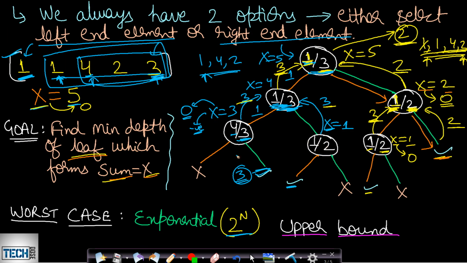Now, as I had shown you in the recursion diagram, this was a very small recursion diagram. Actually, there will be repeating subproblems and optimal substructure. Optimal substructure means if you are dividing a problem into subproblems, then solving the subproblems will be giving you the solution for the bigger problem. And repeating subproblems will also be present here. If you take some bigger examples, it will be much more clear.